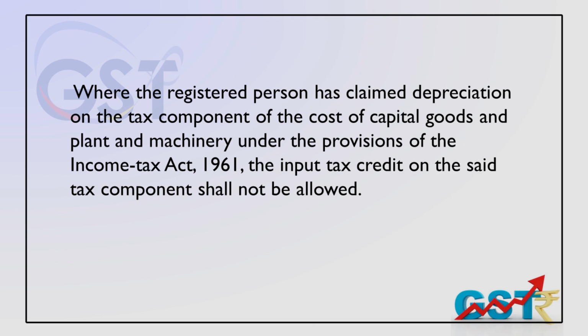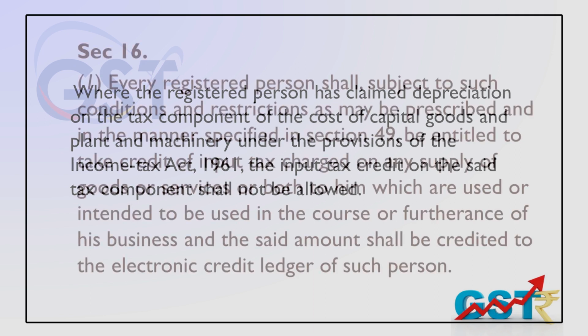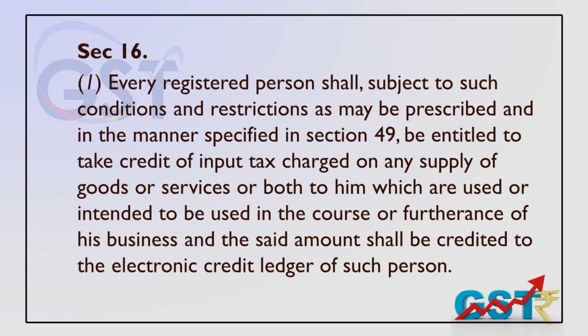And now comes the provisions of GST. Section 16 of the GST law fundamentally prescribes that to avail this benefit, because you are reducing your tax liabilities, correct, the 18 rupees liability now becomes only 10 or even much lower than that, you need to be a registered person, meaning you should have a GST registration to avail this credit. And the law says every registered person shall, subject to such conditions and restrictions,